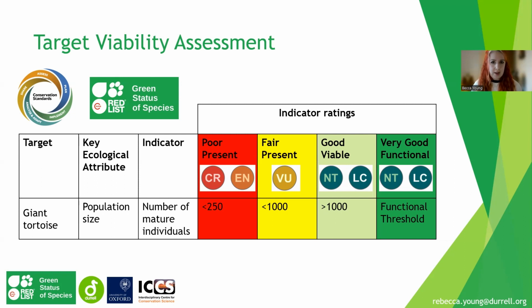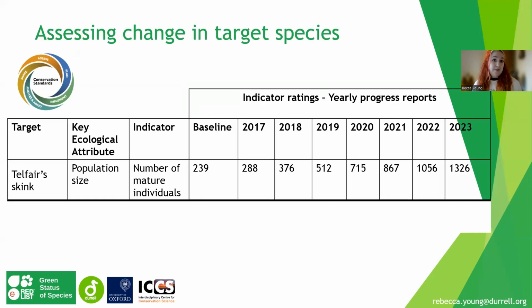we could potentially think about aligning the way that success is defined between the two frameworks in a way that could mean that we could actually feed the information back and forth and use it for both. So just for one example of that, the indicator rating for this conservation standards plan: there are yearly progress reports on the number of individuals of Telfair skinks. And this is something that is practiced as part of the cycle, as part of the yearly monitoring and the